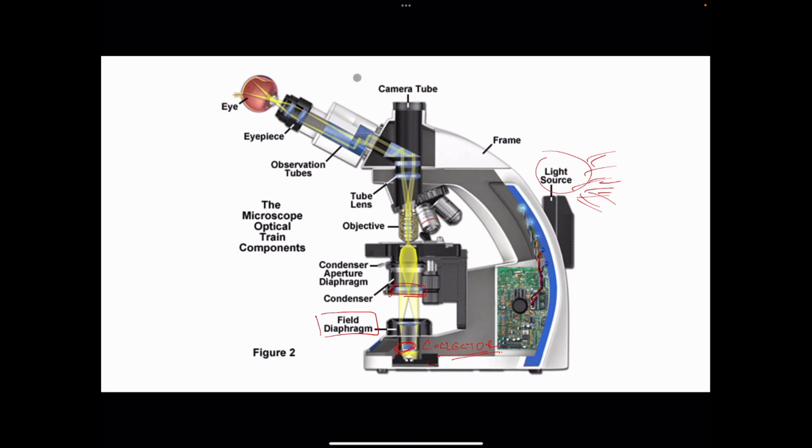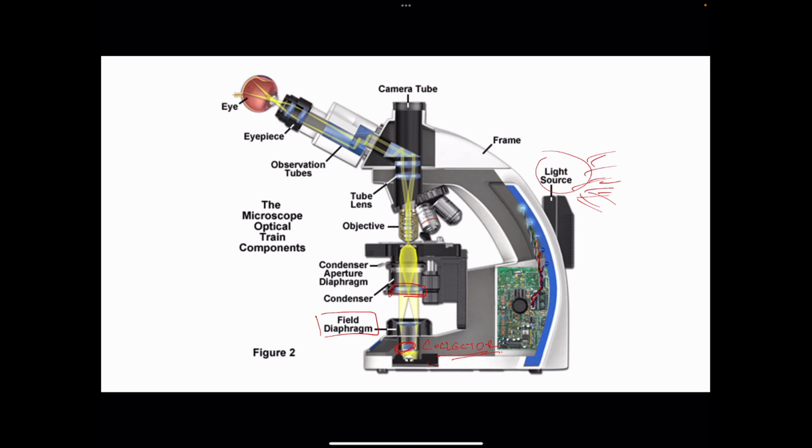A job of the condenser lens is basically to actually focus or condense the light which is coming from the light source onto your sample and illuminate your sample perfectly, uniformly. Now, I will make another video on how the uniform sample illumination is important for our microscopy, and you see in that case how do we align these condenser lenses to actually achieve uniform illumination. But for this point in time, I will stick to what all the different components of the light microscope are. So after the condenser lens, there is a condenser aperture diaphragm, which is basically going to control the amount of light that is going to travel from the condenser to the